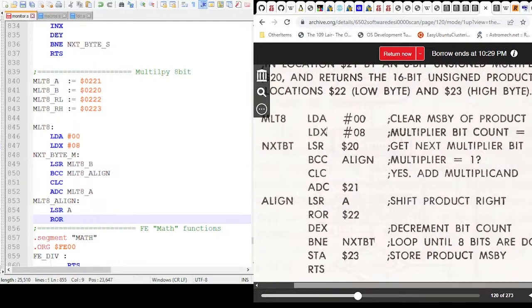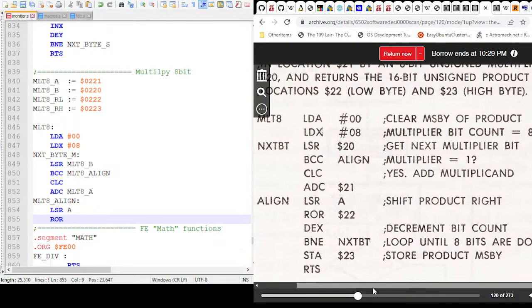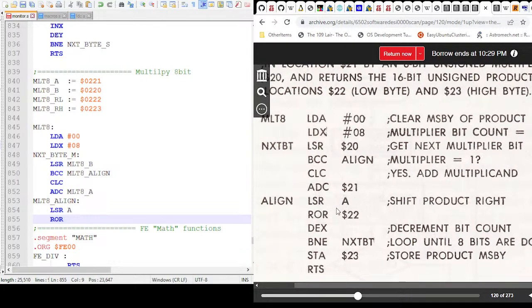So shift product right. That's the first time it's adding anything into the second one, the low byte. Okay, that's interesting. We add that to the low byte,